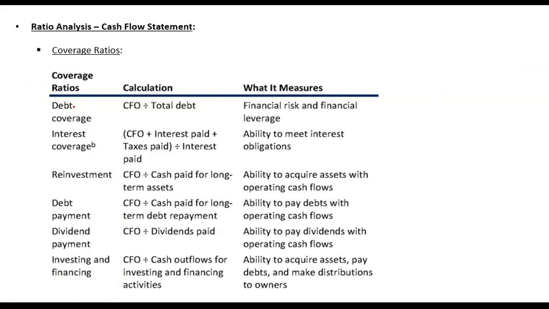So for example, in debt coverage, we have some total debt and we have to pay off this debt. How will we pay off this debt? We will pay off this debt by generating cash from operations. So we take the cash flow from operations to total debt ratio to analyze our ability to pay that. If this ratio is going up, that means the company is in a position to take more debt, or the company is in a better or stronger position, or solvency is improving. If it is going down, then that is a problem.